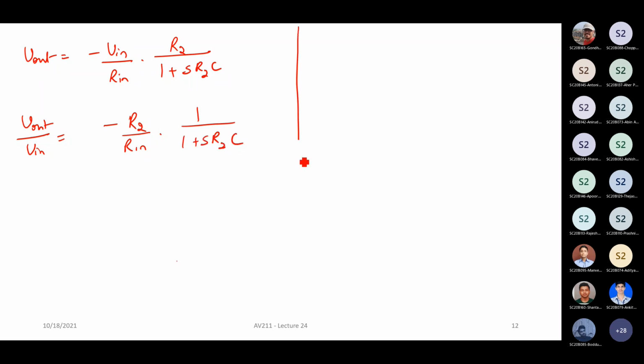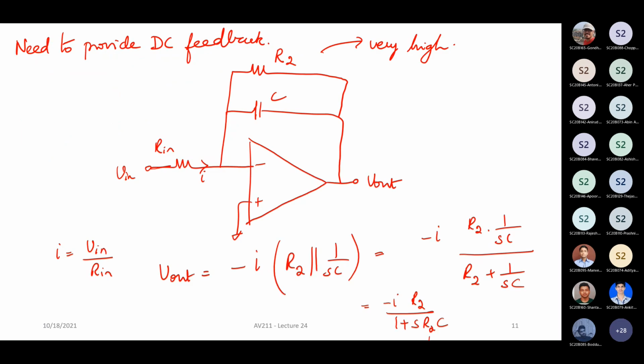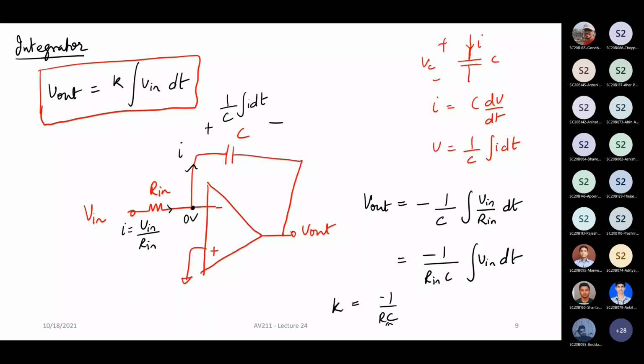Now I want to compare this. Earlier, just a few minutes back, whatever I showed you, I wrote only the time domain expressions, right? And in the time domain, I showed that it is an integrator. Now, the same thing, if I were to write in the S domain or in the frequency domain, what will happen? For this particular case, how can I write?